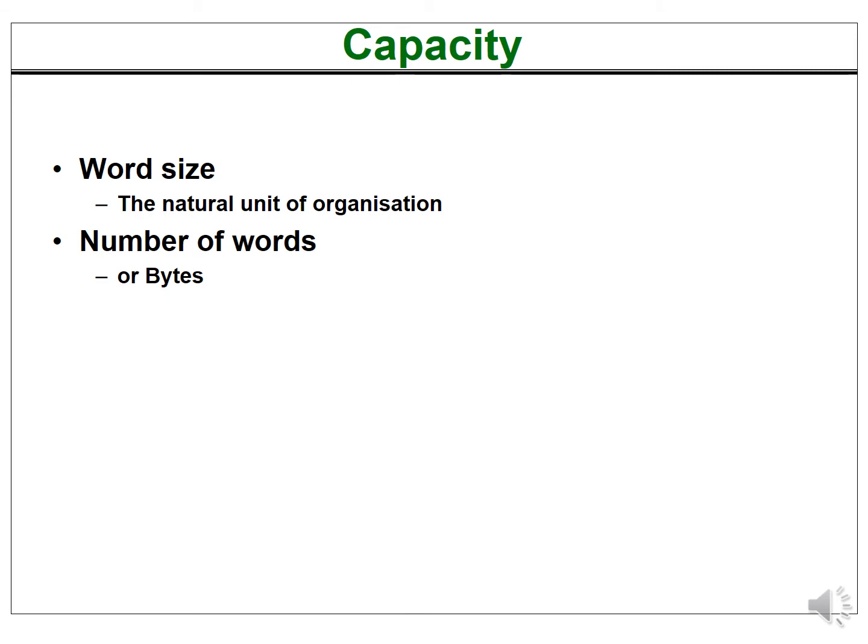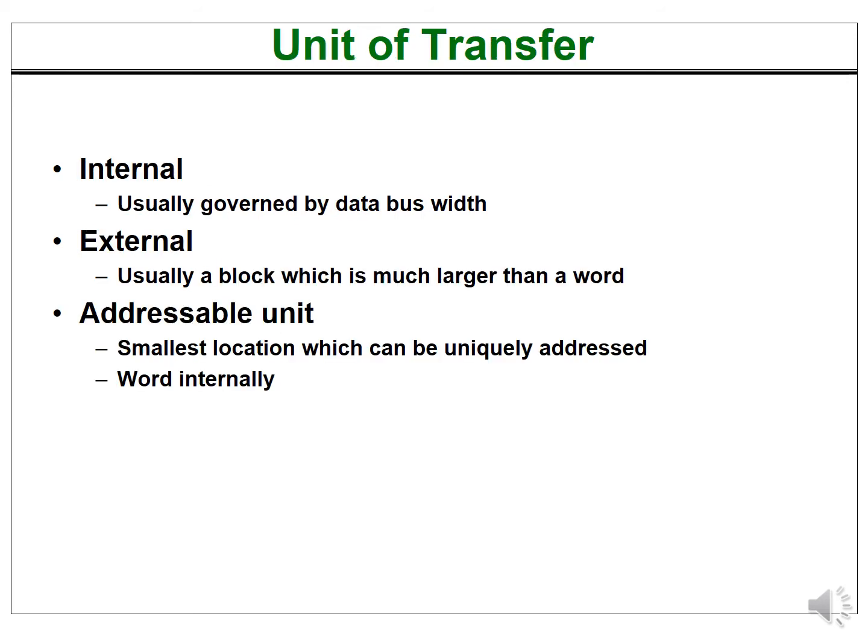But if I say I have a 1 terabyte memory which is to be used in a word addressable computer which is having a word size of 32 bits, then that means the word size will be 32 bits, and the number of words will be 1 tera divided by 32, right? That will give me the number of words that is to be stored in the memory, right? Okay.